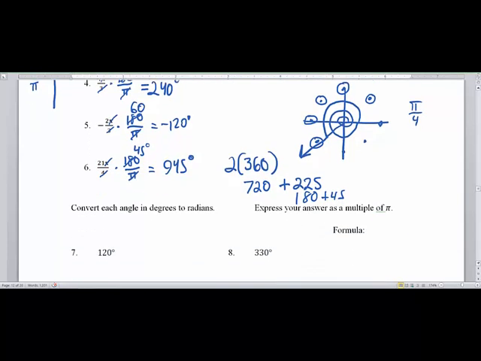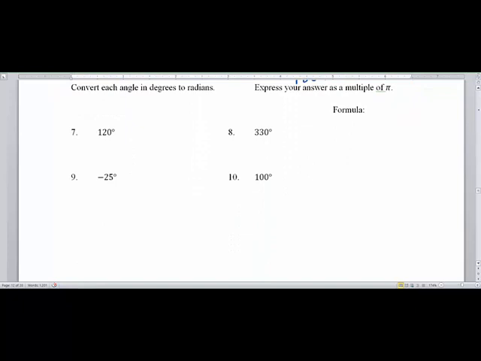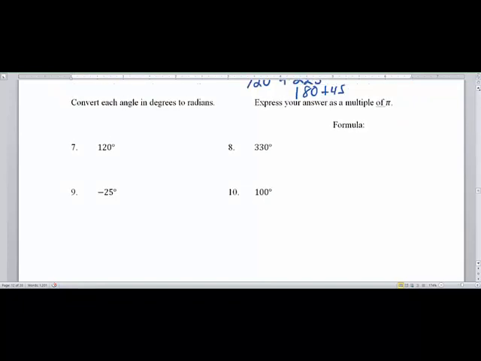Okay, so we have just finished examples of converting radians to degrees, so let's convert degrees to radians. Now we're going to make sure that we express our answer as a multiple of pi. So the formula is you take your degrees,